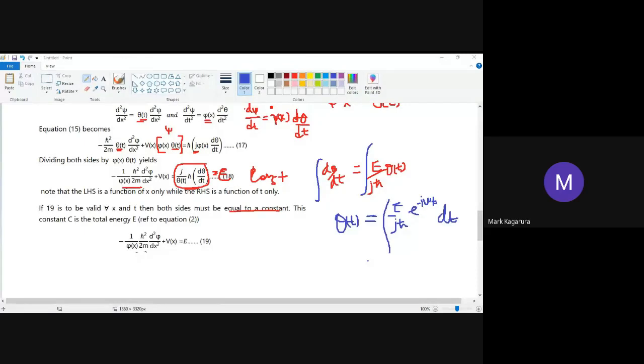So you multiply through by j omega. And after multiplying through by j omega,